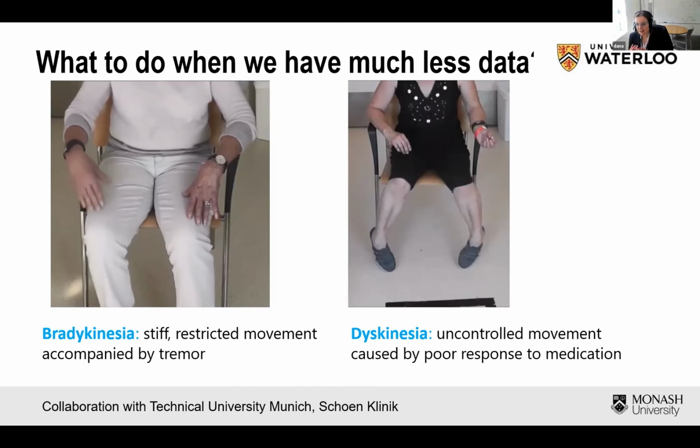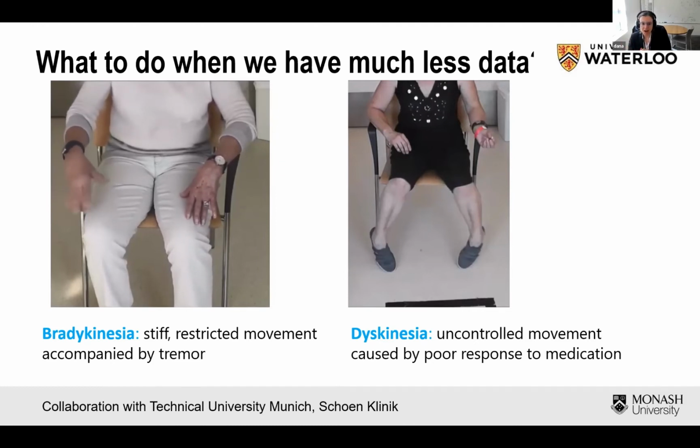So what we had access to instead was a much smaller data set that was collected by our colleagues at the Schön Clinic. So this data set consisted of 25 patients who wore an EMG band in daily living conditions. So they were at home and they were performing their usual activities, but during the day, they were accompanied by a clinical expert who labeled each 1-minute segment with a symptom, the symptom severity, and the activity. So you can imagine the cost of this data set and the cost of this labeling. So we only had 25